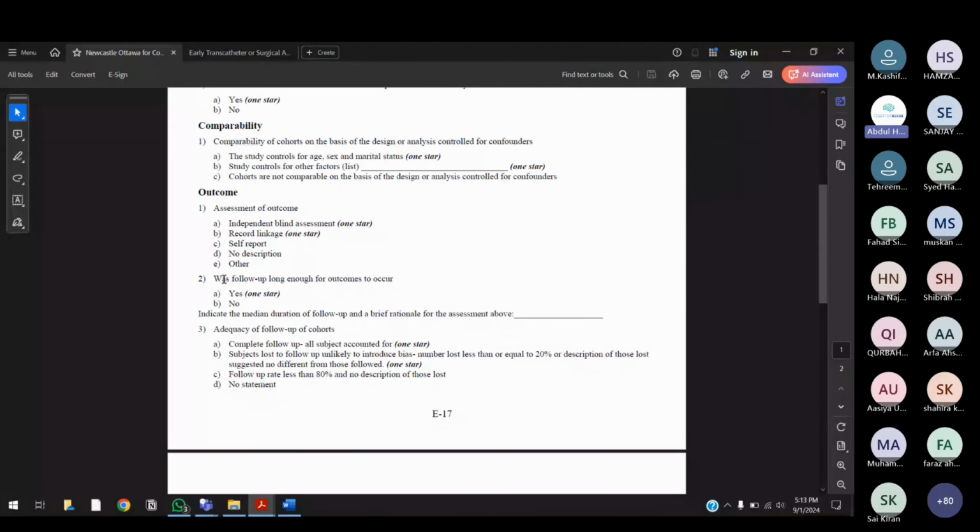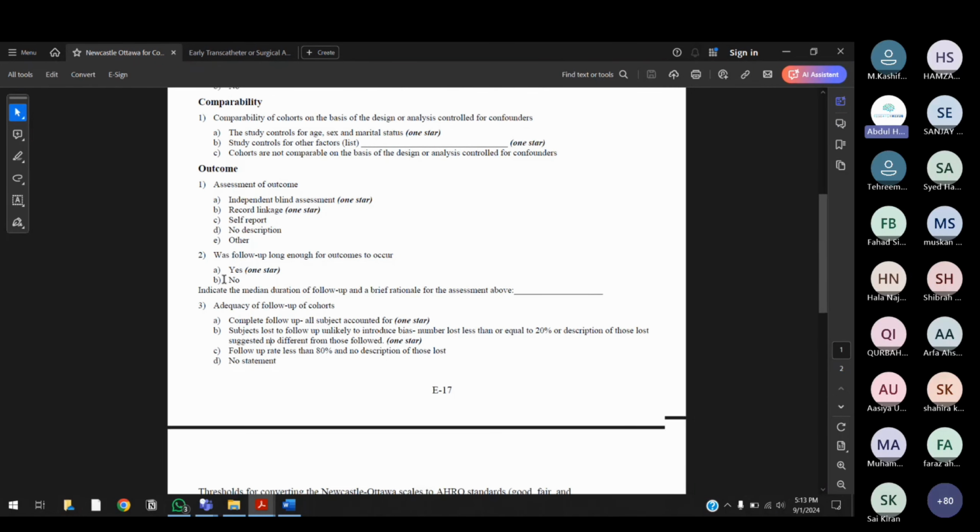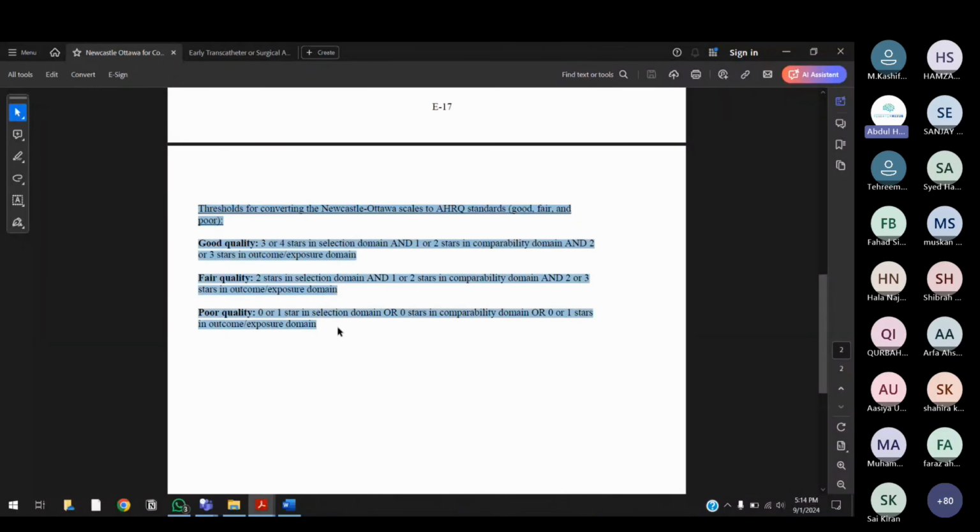तो हम जिस study का quality assessment कर रहे थे, for example, umpire study का quality assessment कर रहे थे, after conducting the quality assessment for umpire study, we came to the conclusion that it will get 7 stars. ठीक है? That it will get 7 stars. Now let's move down. अब ये stars की key दी है यहाँ पे. इस same PDF file में stars की key दी है.